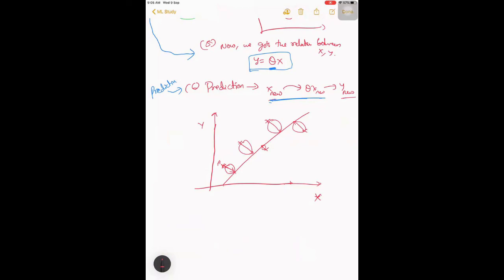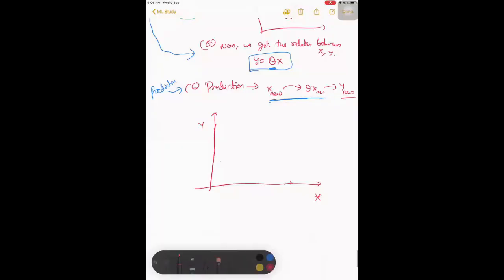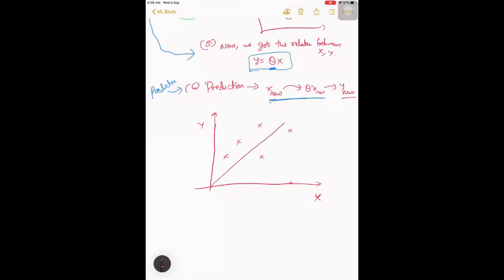Let me draw it properly so it will be clear for you. So you have these values here. Let us say it has predicted this line.